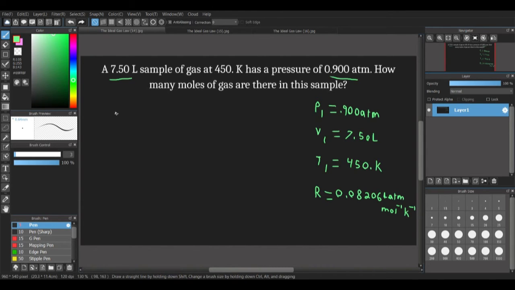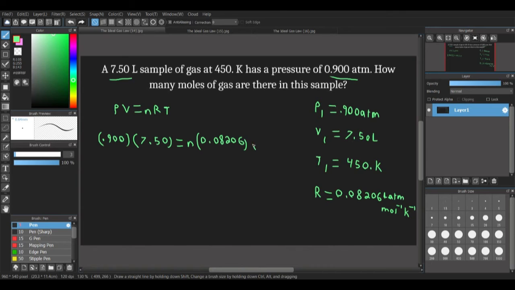Next, we're going to write our equation. PV equals nRT. And we're going to plug in the 0.900. Generally, you would want to plug in units with these numbers, but to save time, I'm going to omit them for now. Our volume is 7.50, and that equals N, what we're looking for, multiplied by